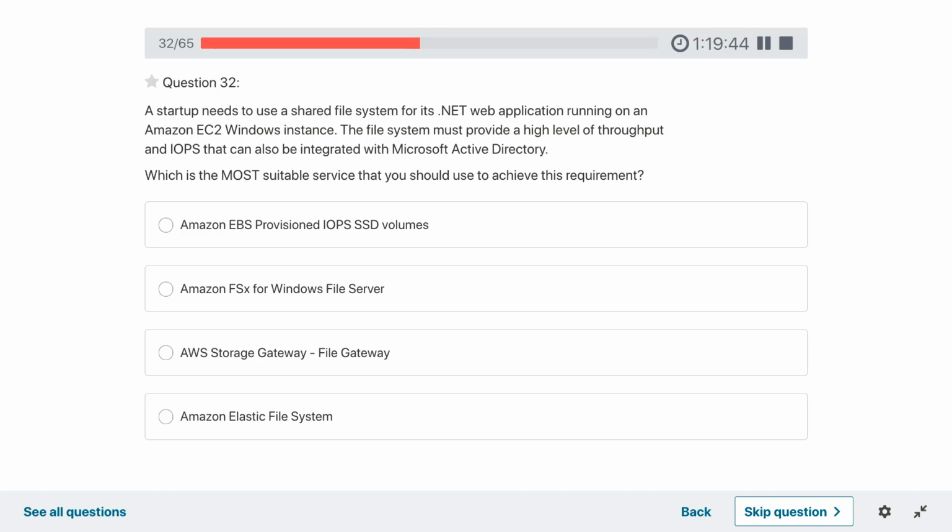It could be between the second and fourth option, but I would go with the fourth option.